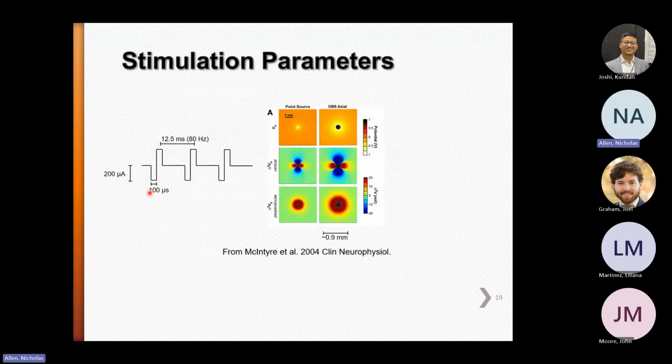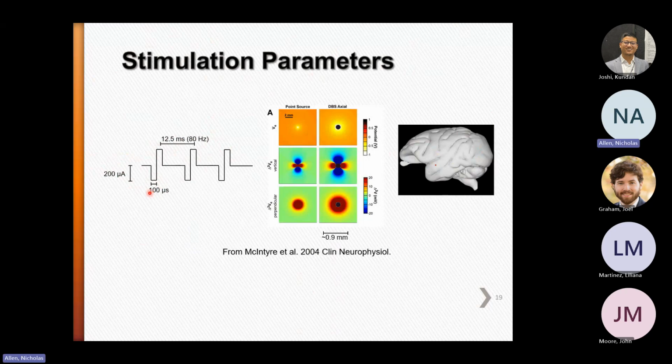We did the modeling to help see the activation from these stimulation parameters, and we estimated that by applying this kind of current we activate something like a 1 millimeter radius. So it's a tiny part of the brain that we're activating with this kind of stimulation parameter. It's critical for our experiment. We don't want to spread stimulation at all, but we only want to target small areas.